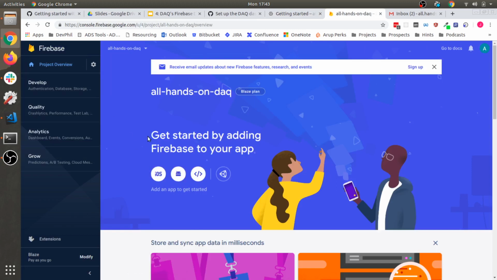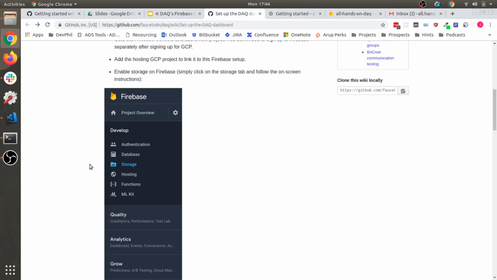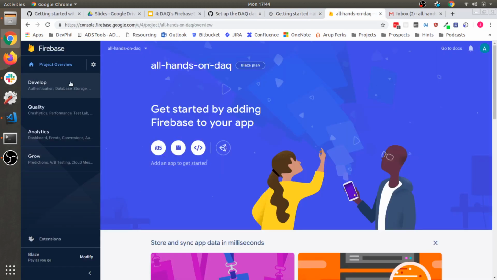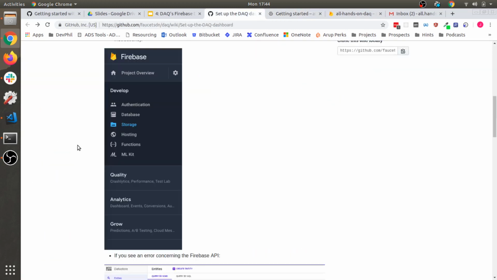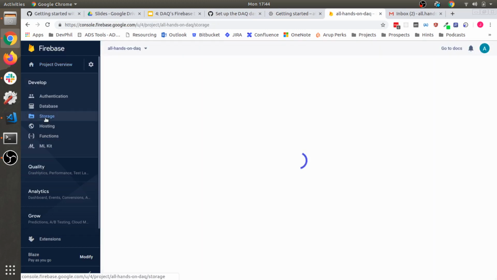Aha! So this is where it's diverged. So I took that screenshot, which comes up here. So, there we go, sorry. Thank God, I thought the interface had changed, as websites are wont to do. So, as the wiki says, let's enable storage on Firebase. So if we just go to the storage thing here,